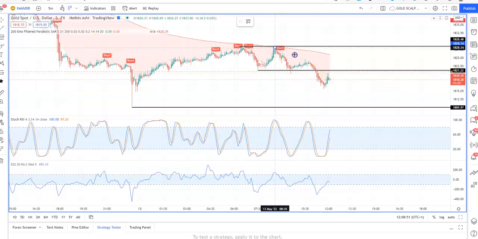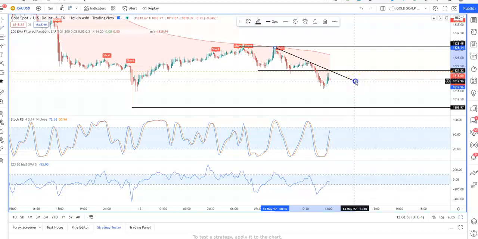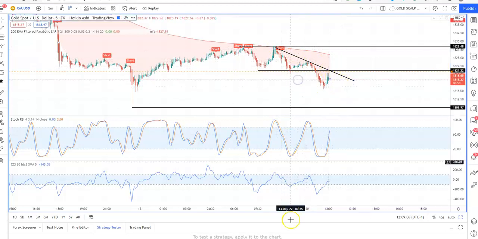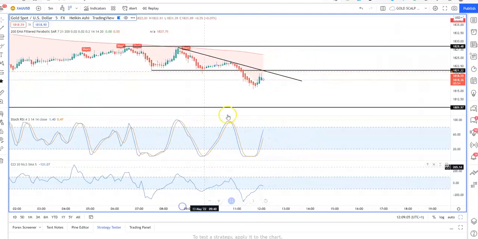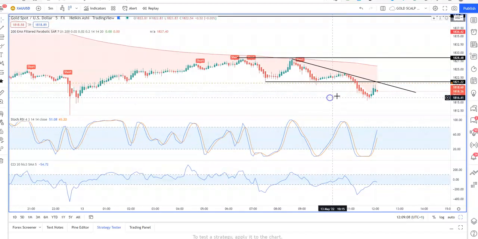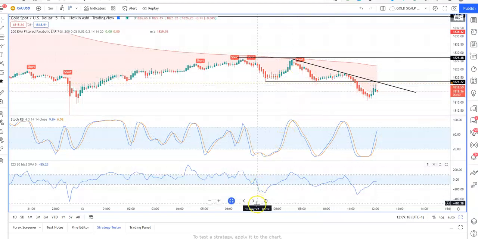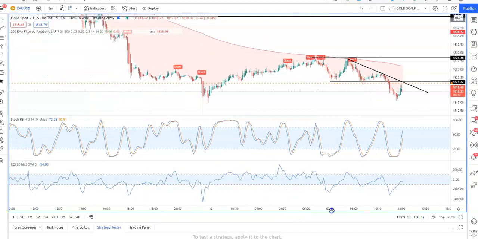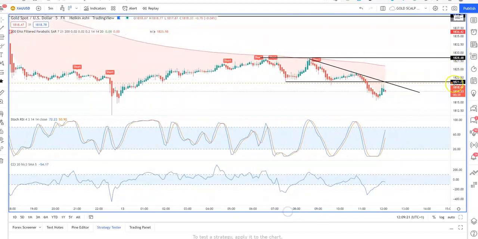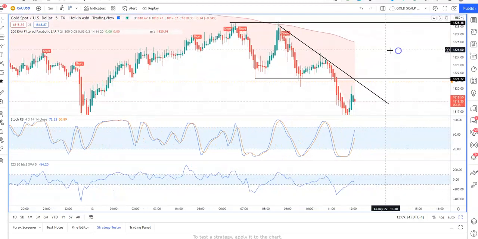We can also draw a line from there to there. As long as that trend line is touching 3 times, that is your trend line. So what can happen, and this is convergence. The other thing to notice here, as I said in my previous message on my iPhone, is this is a double top as well. So the chances of this price actually changing trends at this stage are highly unlikely, because